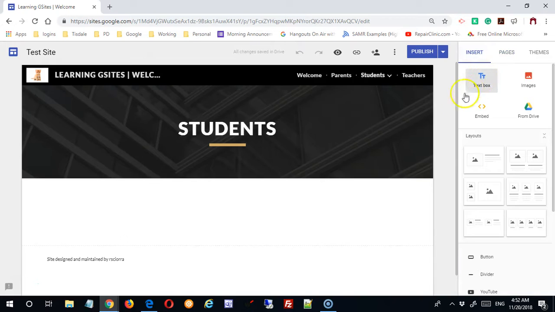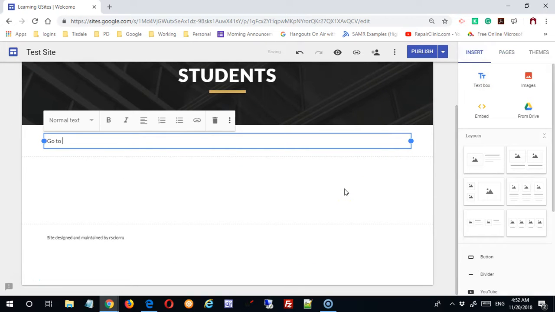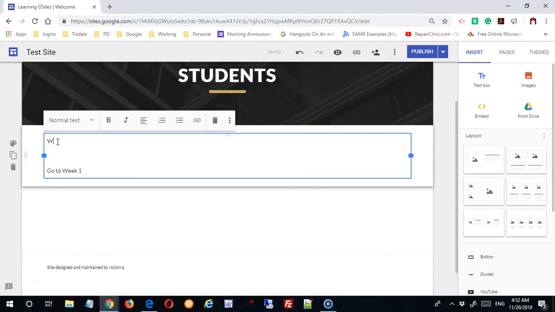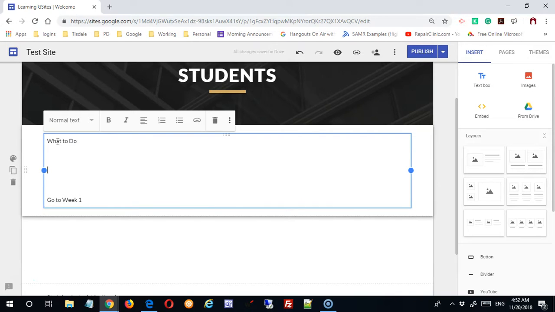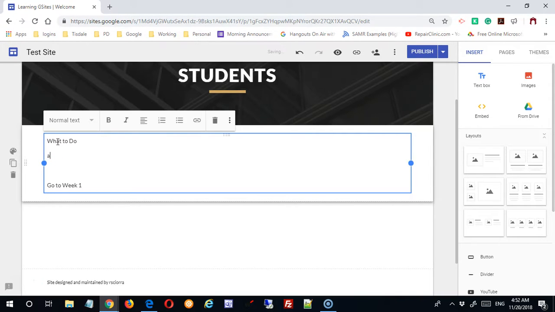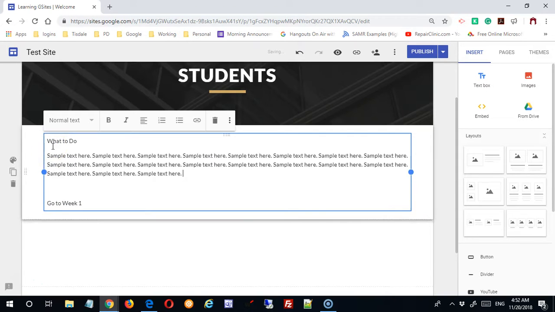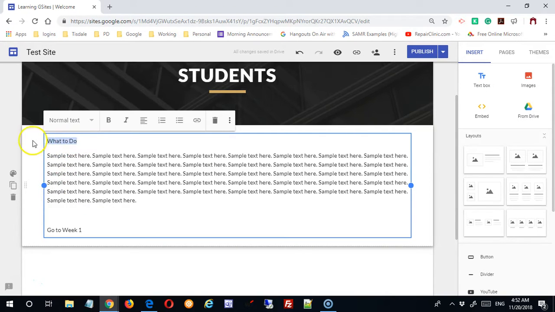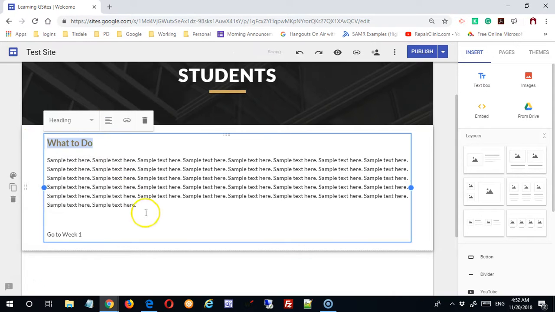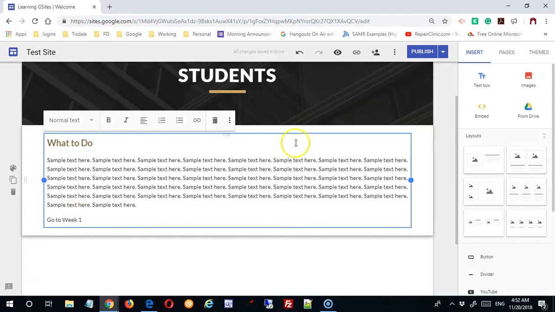I'm going to come to Insert and put a text box in here and go to week 1. If for some reason I didn't want them to have access to this until after they'd visited the students page, so I'll put some text up here. So I want them to read these directions. Yep, I'll spruce it up a little bit. Heading 1. I want them to come here and figure out what to do before they have the option of